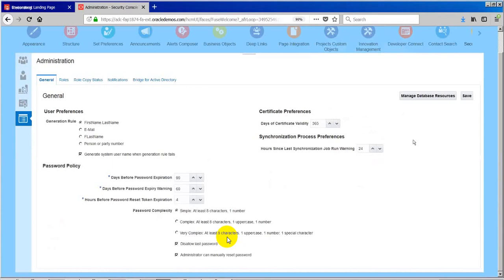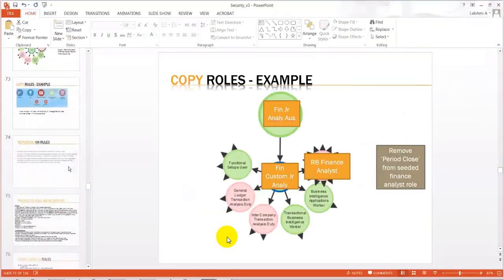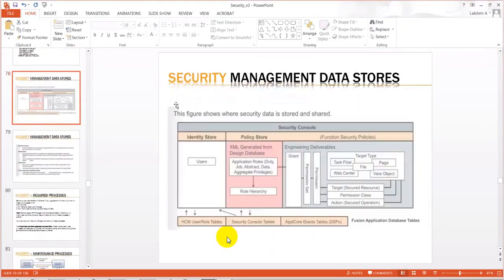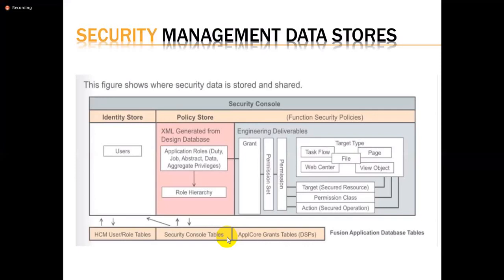So basically in most companies, how it works is we ask the network team to generate the certificate and give it to us, and we can upload it. Okay, so we do that. I will show you that certificate when we talk about integrations. Synchronization process preferences. Okay, so coming here, I wanted to go back to a little fundamentals about the middleware concept of